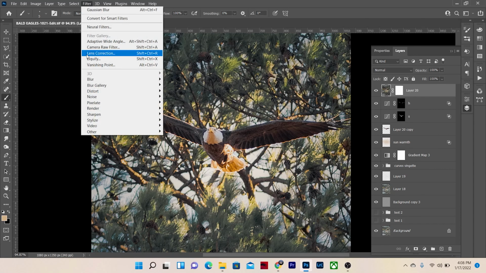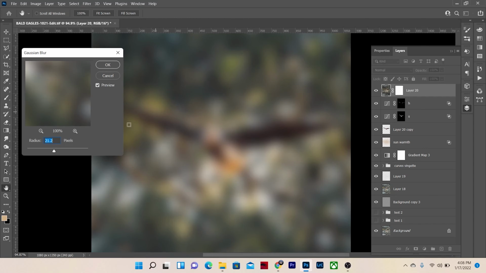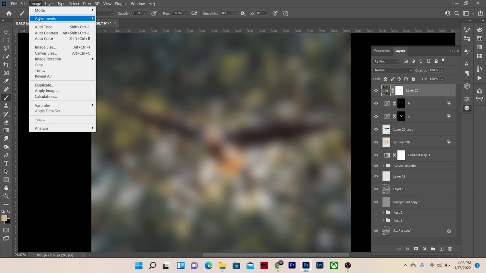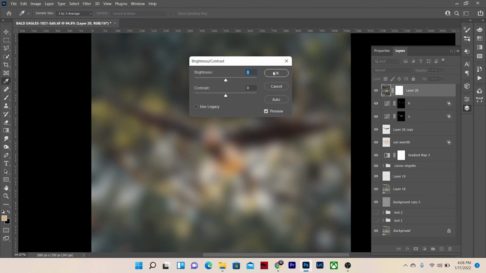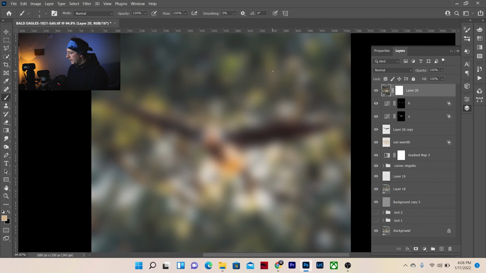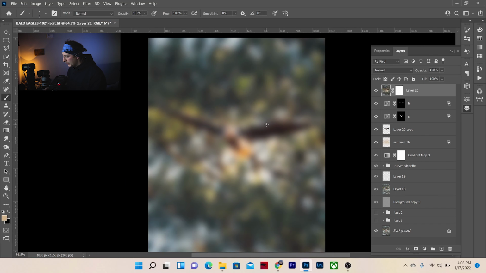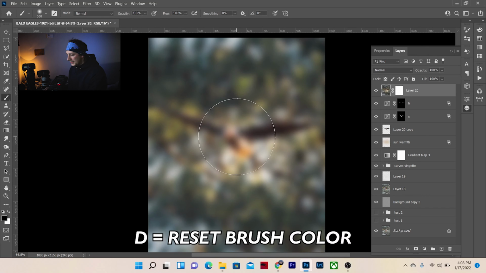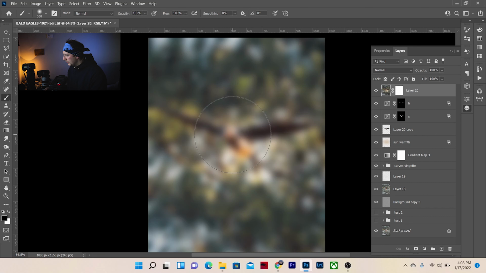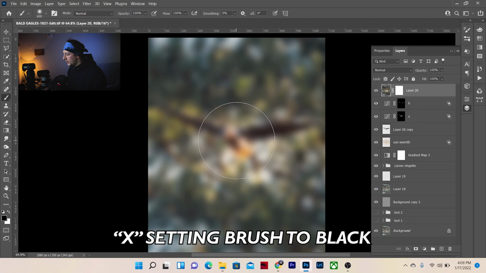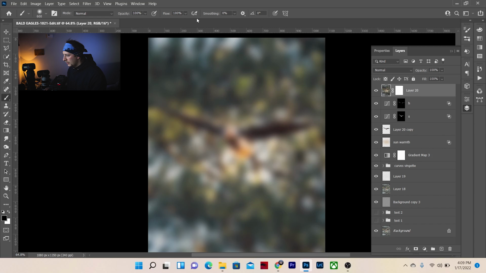click our image, go to Filter, Blur, Gaussian Blur, leaving it at 21.2 for the radius, Image, Adjustments, Brightness and Contrast, and I did 20 and 20. Hitting our brush, increasing it, hit D to set your brush back to normal, and making sure it's on black to remove. And we're going to click our layer,